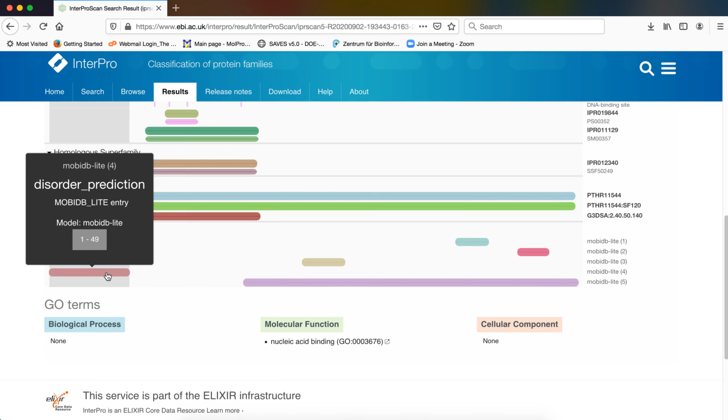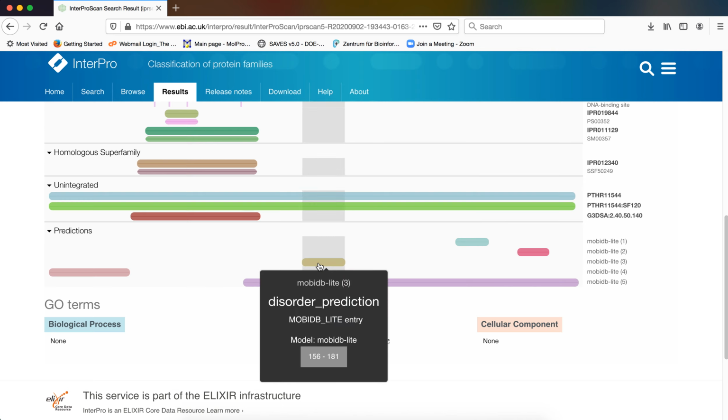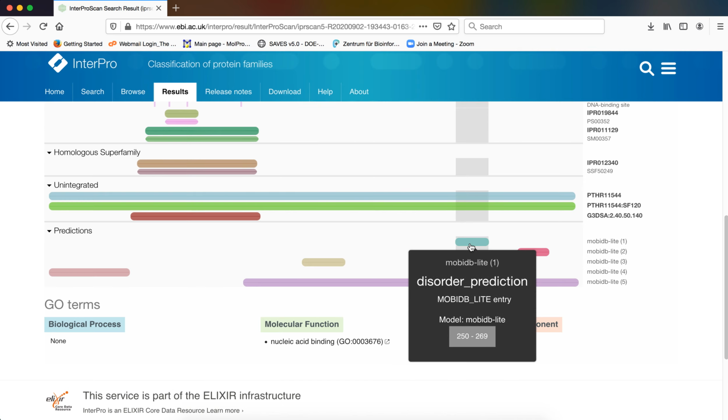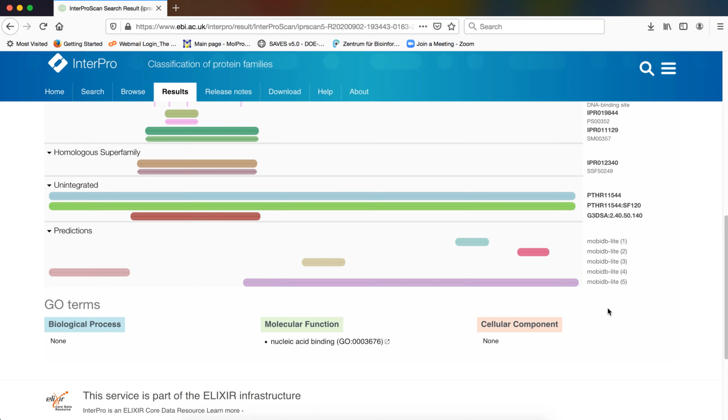If I keep the cursor on it, you will see that it says disordered prediction. So technically, the regions that have been identified in this particular segment are potentially disordered. Now it is important for you to understand that proteins may have residues which are either intrinsically unstructured or they might have residues which are disordered.